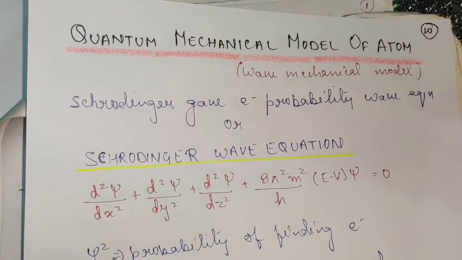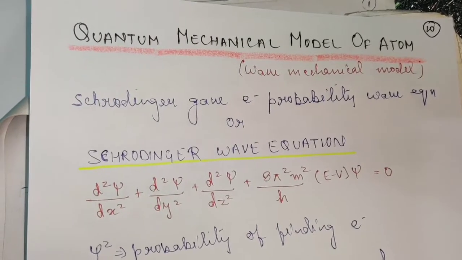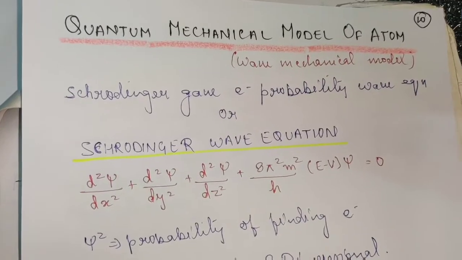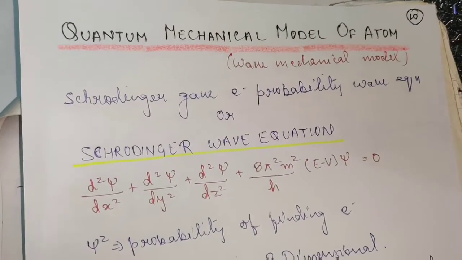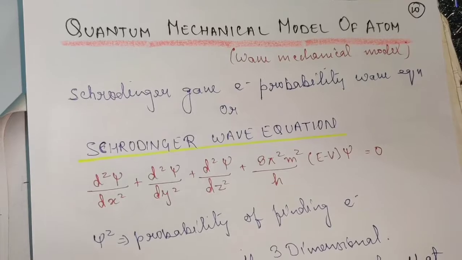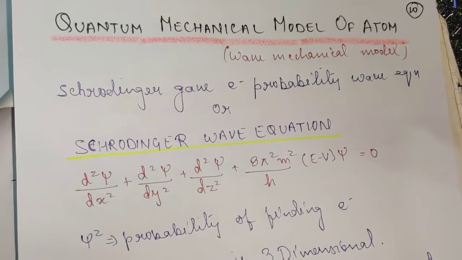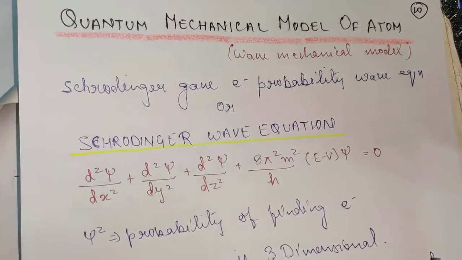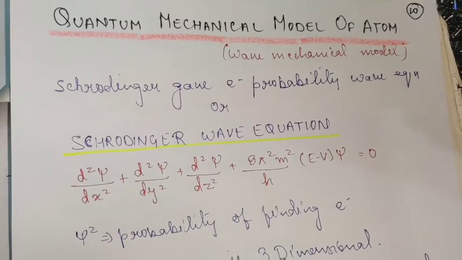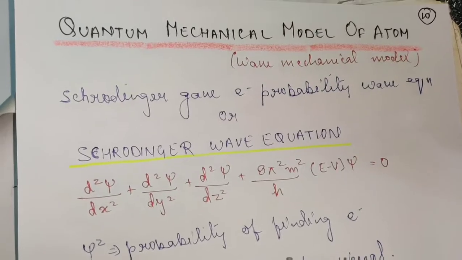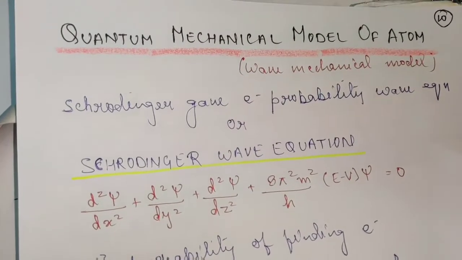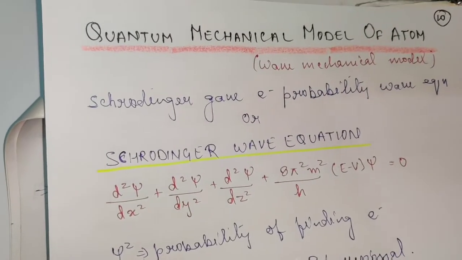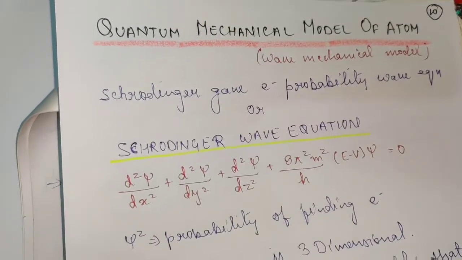It has a centrally located nucleus, which is made up of proton and neutron, whereas neutron is uncharged and proton carries positive charge. And outside the nucleus you have a three-dimensional space, and most of that space is empty with few electrons which are present in the various orbits. So this is what we know according to the modern model of atom. Children, you must have done this model in your smaller classes also.